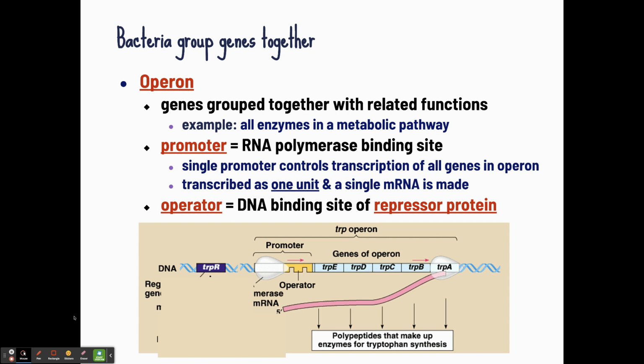All right, so bacteria group genes together. These are some terms you're going to have to be familiar with. We have the operon, and like we said, the operon is the genes that are grouped together with related functions. The example would be all the enzymes in a metabolic pathway. So if I look here,